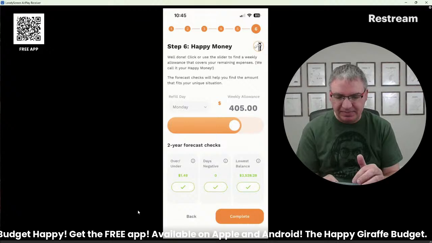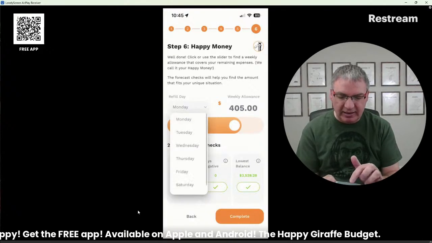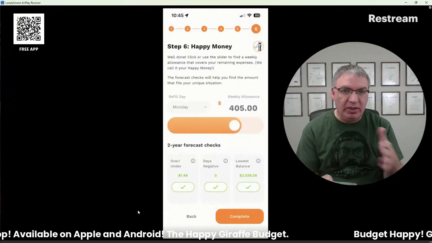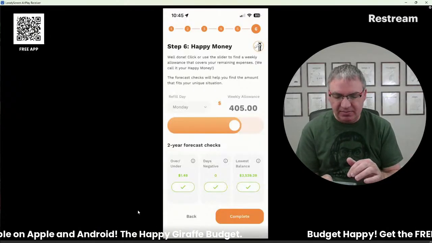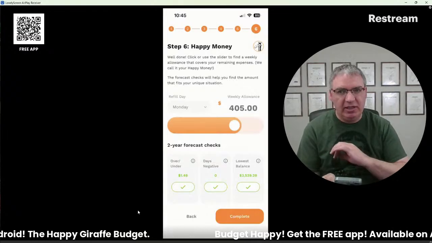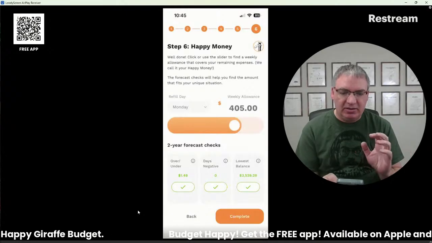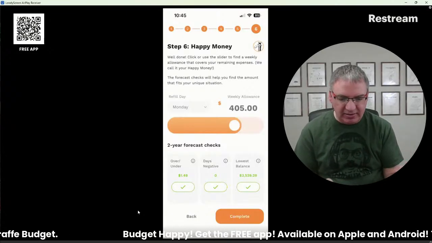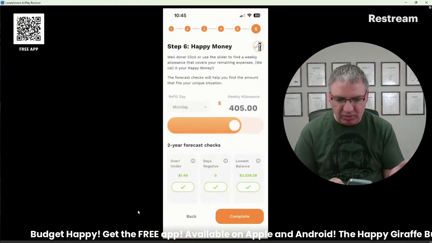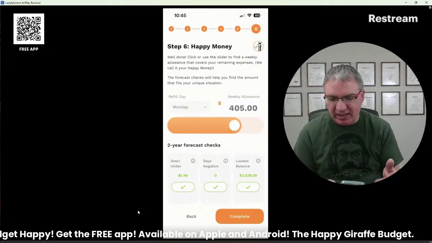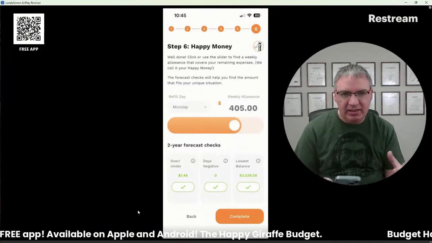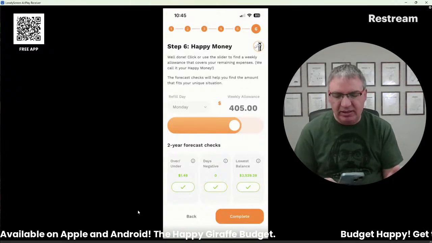So it makes sense. You can change your refill day. I'm just going to leave it on Monday right now, but you can have any day of the week be your start day. But we're going to make it easier. So your happy money is going to cover all of your other expenses. Like when I asked, you just Google, I was like, hey, what are things normal people put in their budget? What's kind of a typical budget? And it's like, oh, well, groceries is this much, and gas for your car is this much, and kids' activities is this much, and clothes and eating out.